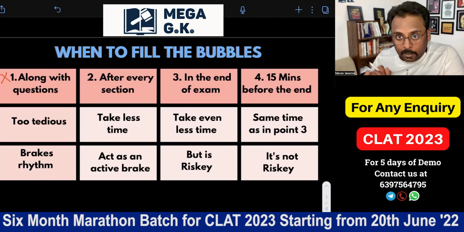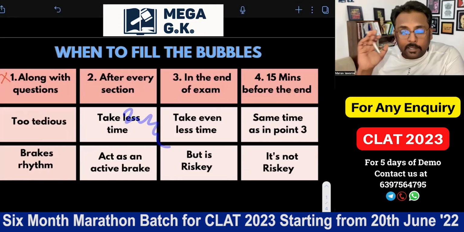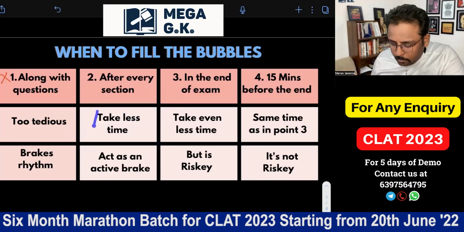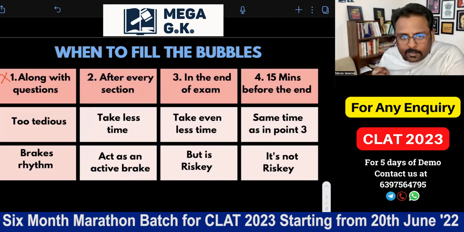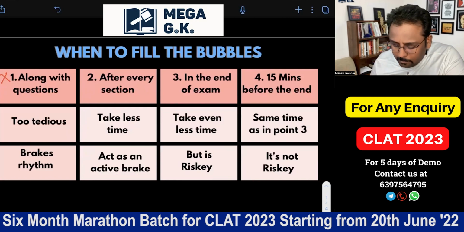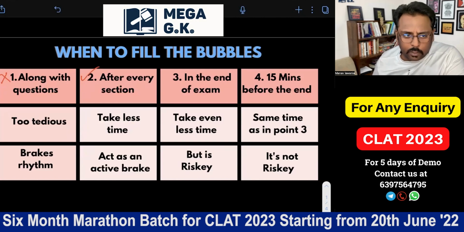But added to that, one more thing, it will basically give you active breaks, if you can take an active break. What is an active break? After say 35 or 40 minutes you take a break, 1 or 2 minutes, you fill the bubble, and at that time your mind cools down. So this is good, but the disadvantage of this is, again, it is a bit less fast than the other one. And second, after filling the bubble you can also get under pressure ki, oh, I have not done these questions. So you see the result right now and you will feel the pressure. But I basically prefer this. You can use this approach.